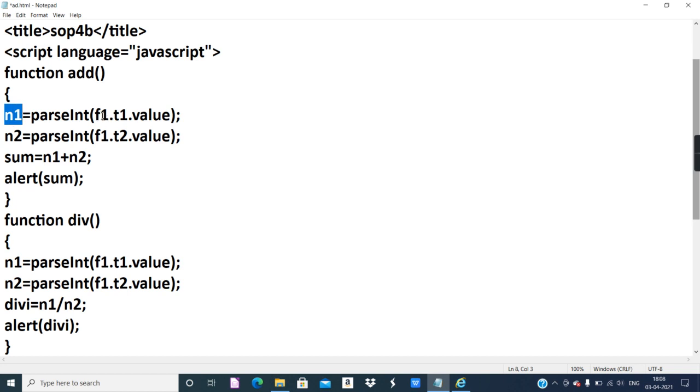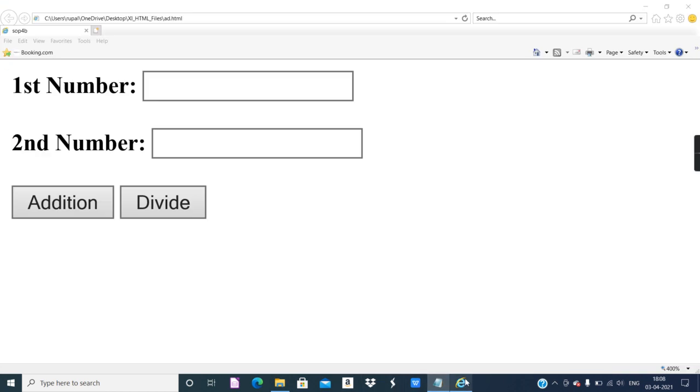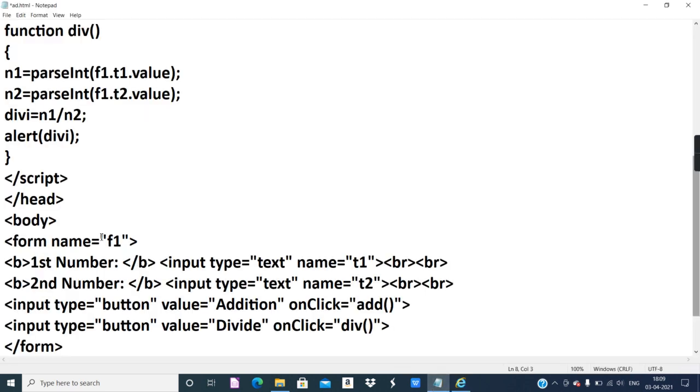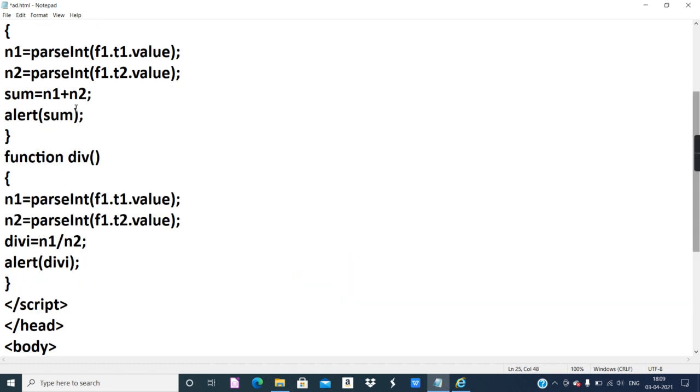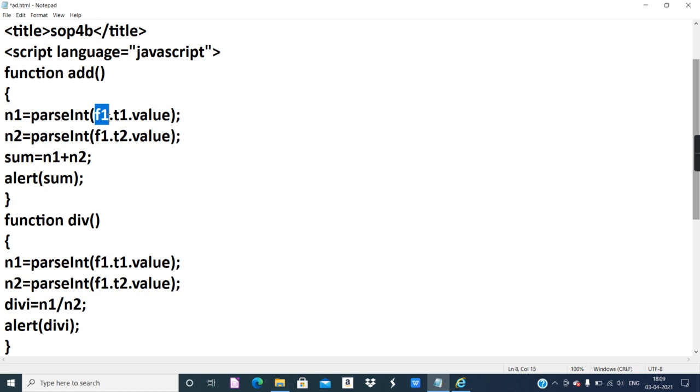So we have to take the input from the text boxes, from this text box as well as this text box. The name of this text box is T1 and the name of this text box is T2. Both the text boxes are inside the form and the name of the form is F1. F1, T1, T2. Alright. So first of all, give the name of the form. Then separate each item with a period symbol, name of the form, and then give the name of the text box.